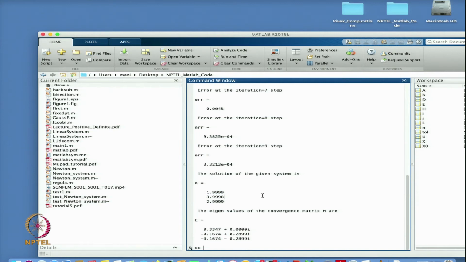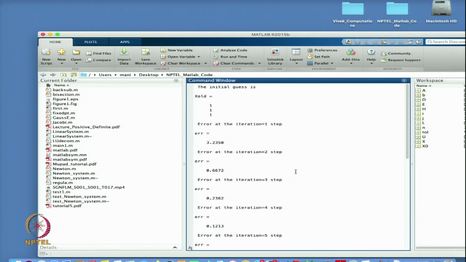So my system is converging, and if you see the eigenvalues, these are the eigenvalues. The real eigenvalue is 0.3347. So the maximum eigenvalue in this case, the real one, is this one, and if I take the magnitude of the complex eigenvalue, that is also less than 1. Because for the maximum eigenvalue we can talk only about real numbers, this is the eigenvalue we consider, and its value is 0.3347.